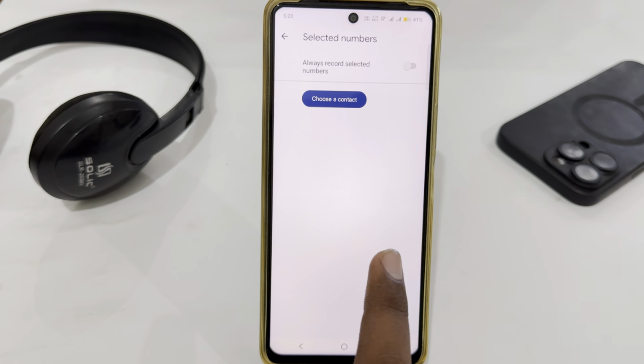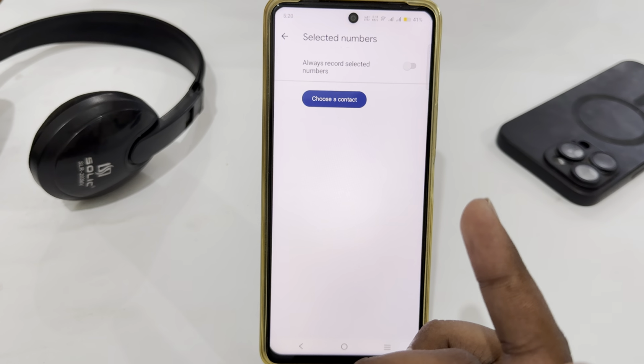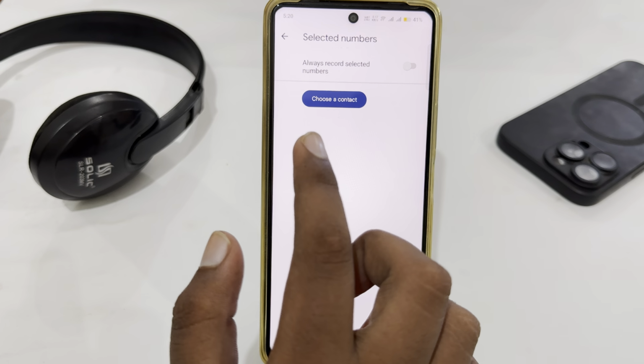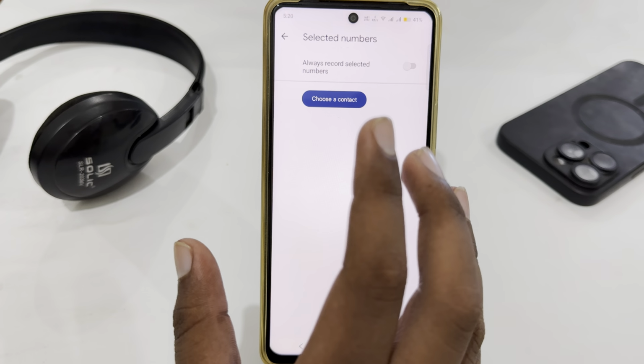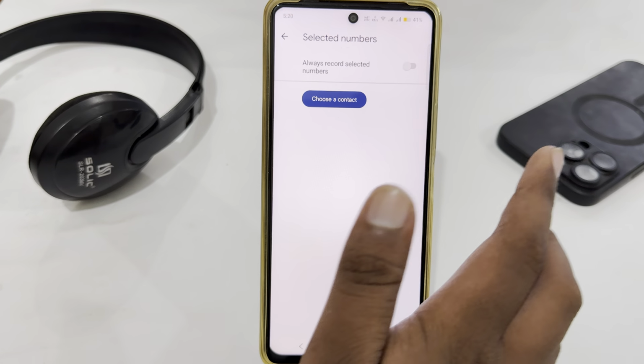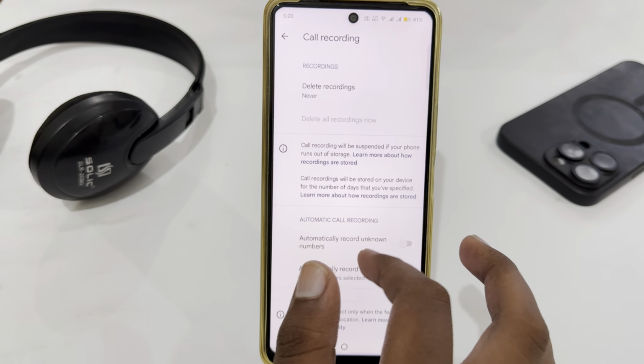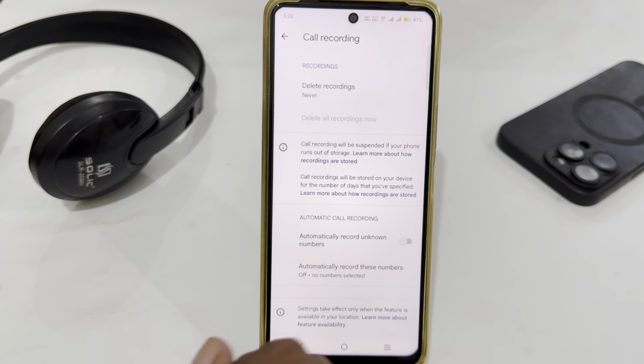Just tap on it and here you have to select some contacts whose calls you want to record. You have to select contacts and then enable the settings, and after that your selected contacts will be recorded. So that's how you can easily enable mobile call